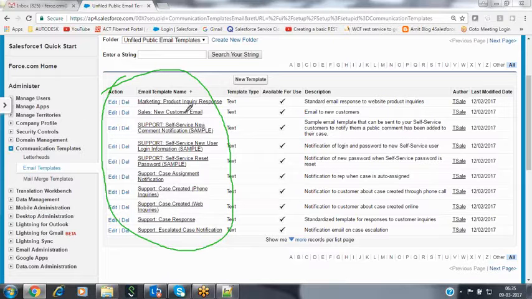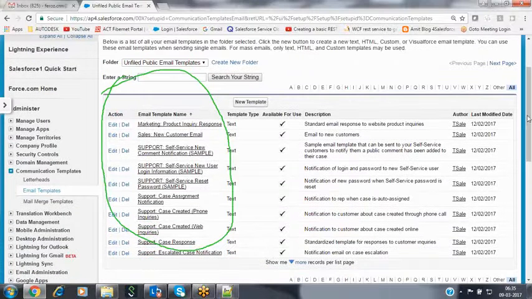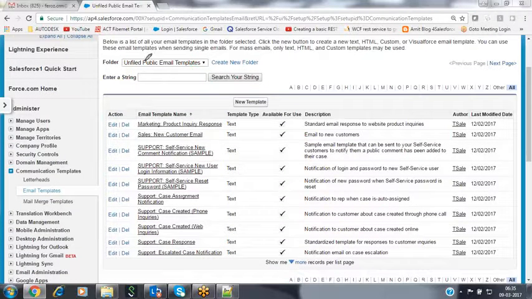Now where are all these email templates available? Inside a folder. So what is that folder name? The email templates are available inside a folder called the unfiled public email templates folder. This folder is available to you here. Inside this folder, all these email templates are available.